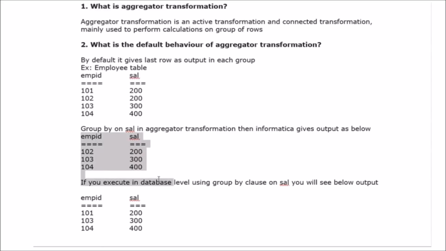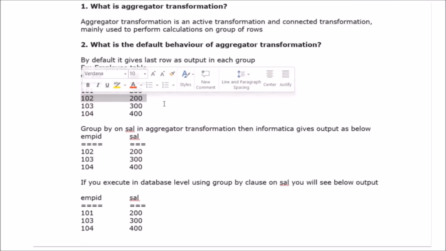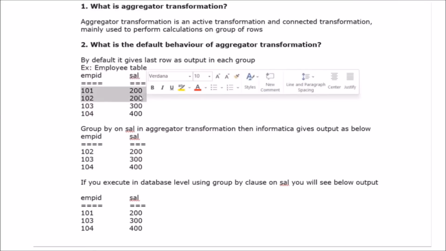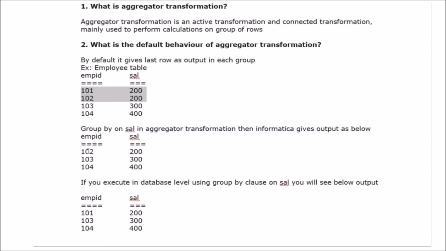If you see here, it returns the distinct values in salary, but it selects the second record. These two salaries, like 200, 200. These two employees have the same salary, but it returns only one record, which is the last one